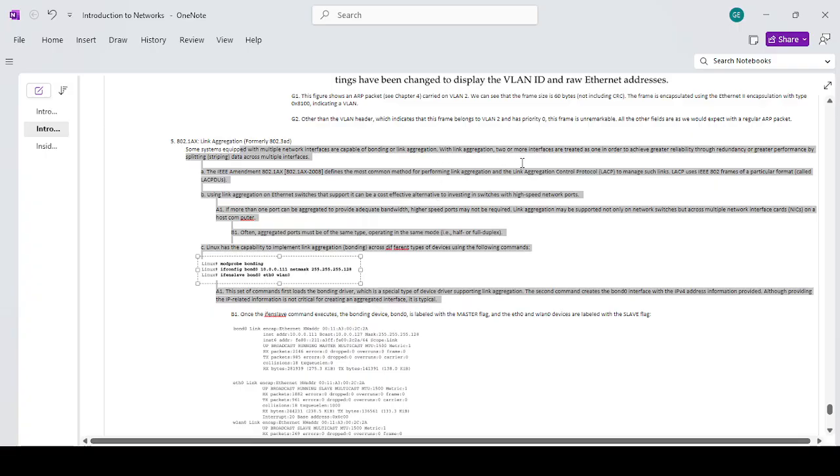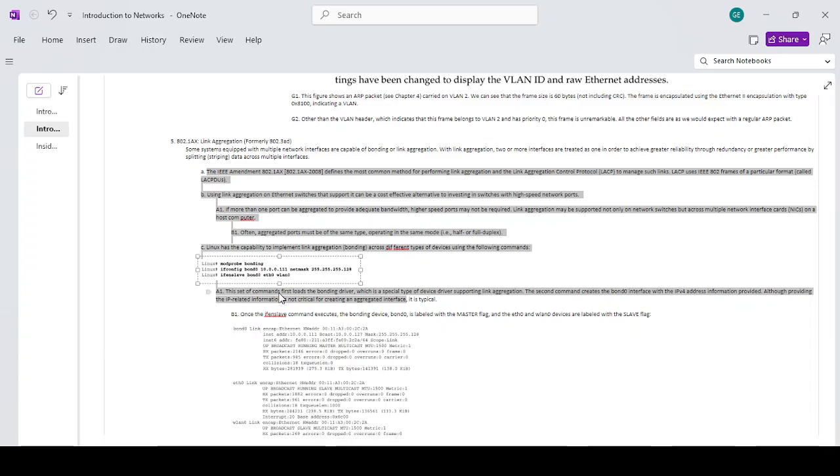With link aggregation, two or more interfaces are treated as one in order to achieve greater reliability through redundancy or greater performance by striping data across multiple interfaces. So this is what we use to bond multiple ports to be able to serve